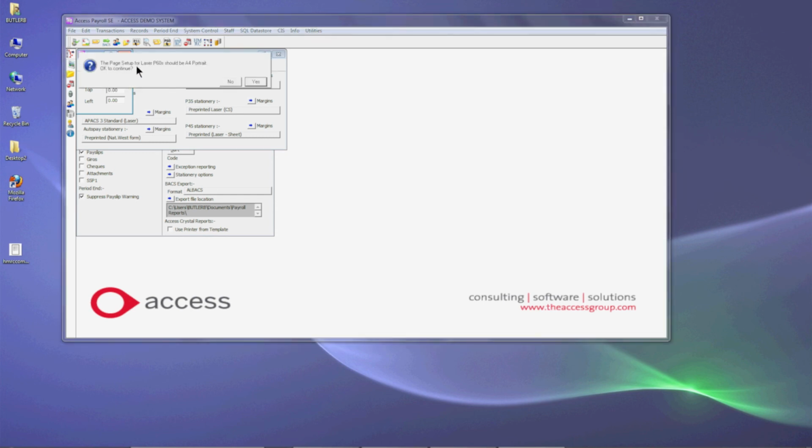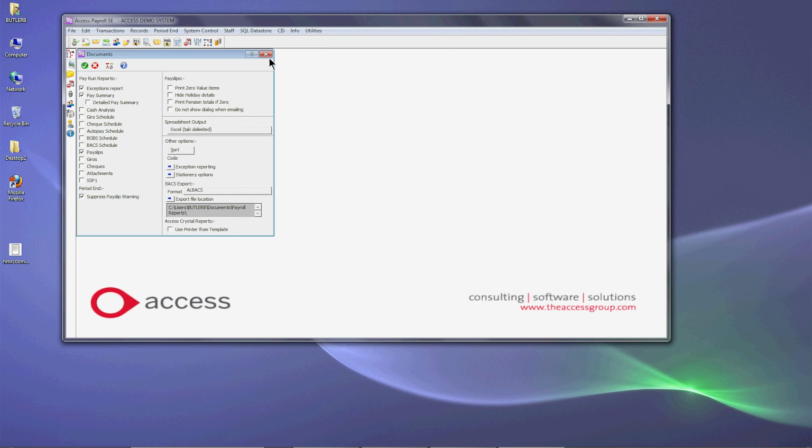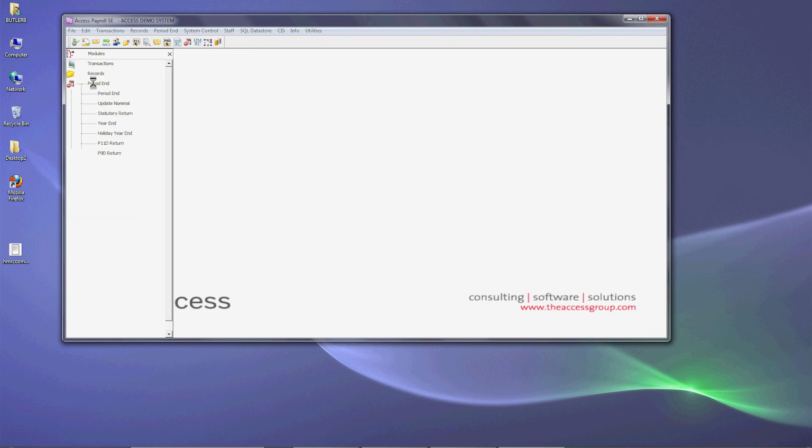So we're going to do a test P60 print onto laser A4. It asks us if we've got the correct stationery in the printer, and it then goes ahead and does the test print. So, next up, we need to actually do our return. So if we go back to period end and then go down to year end,